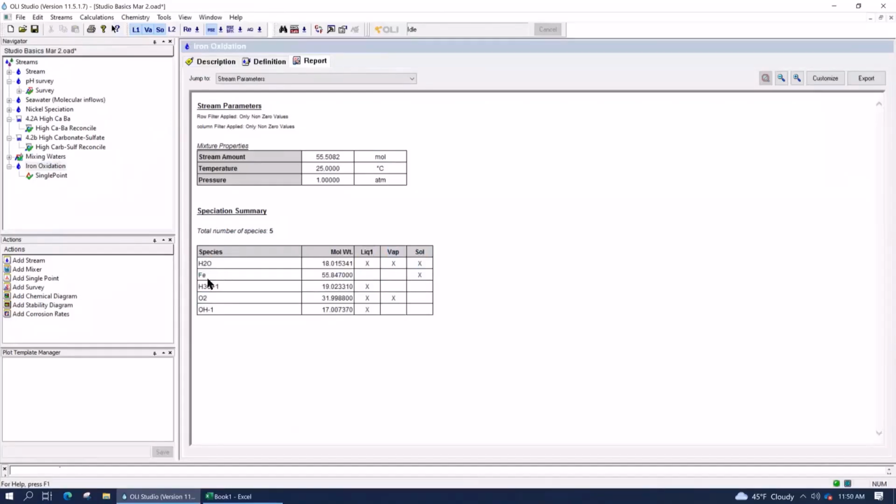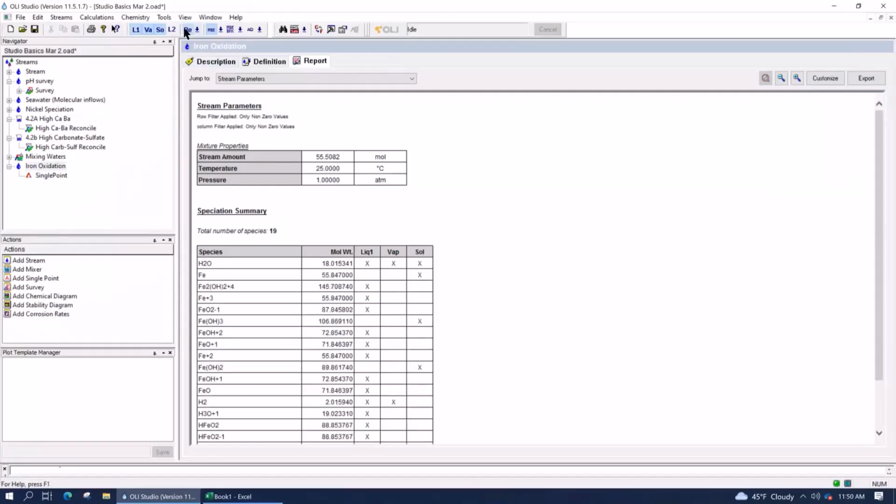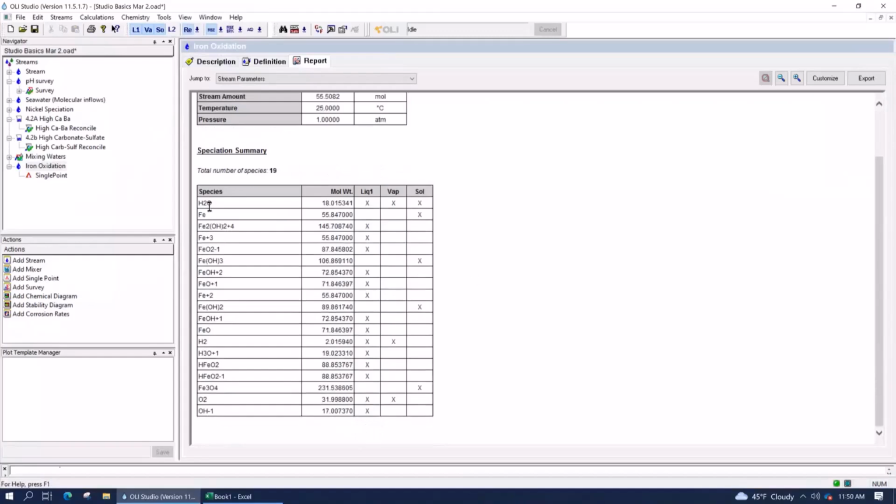There's no indication that iron will oxidize to iron 2 or iron 3. But if I were to click on this button right here, RE, you see what happens, the toggle. All of a sudden, the iron redox chemistry is now incorporated into my stream. And I have all these different oxidation states and species that are going to be included.